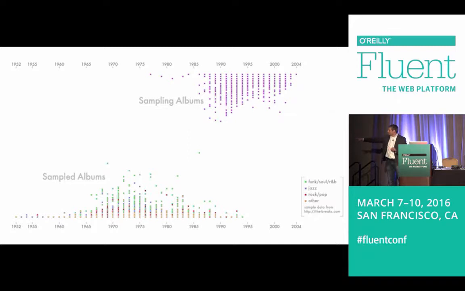And you can see on the left, those are all the albums that got sampled when that technology came out, and it resulted in all of these albums over here. And the point is that it wasn't just more music, it was a categorically different genre of music. And that's what I get the most excited about when I think about software architecture: with the right abstractions, you allow not just more software to make it into the world, but you open up the potential for entirely different genres of software to make it out into the world.